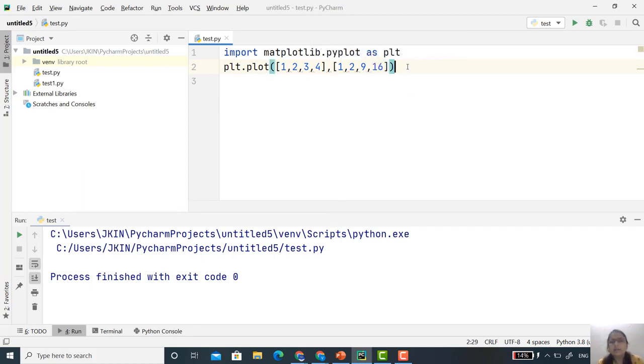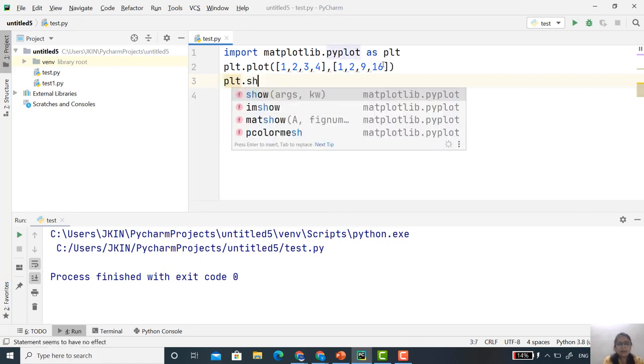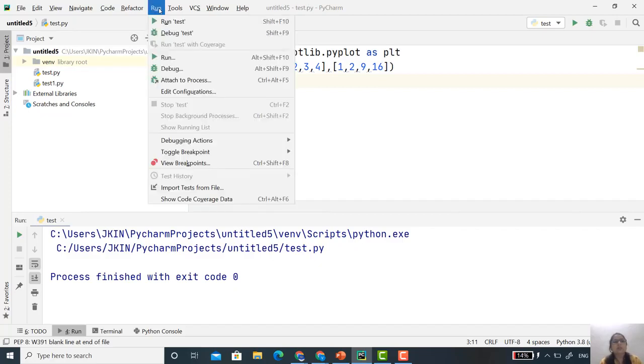Here, see, I provide two data. The first data represents the x-axis, and the second data represents the y-axis. And simply I will use the command to display my graph, that is plt.show. Let's run this code.